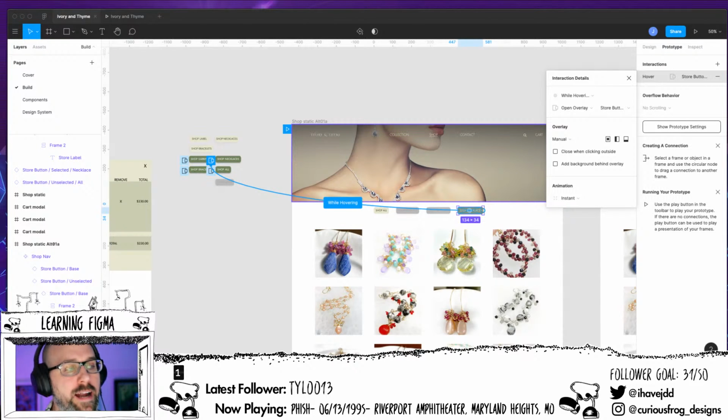Okay. Adding textures to individual elements, I think, when done tastefully, looks really good. Whether it is some sort of pattern or gradient, I think in moderation it looks good. I think it just depends on the brand. It depends on the company. It depends on the site that you're designing for. In this instance, for this particular store,